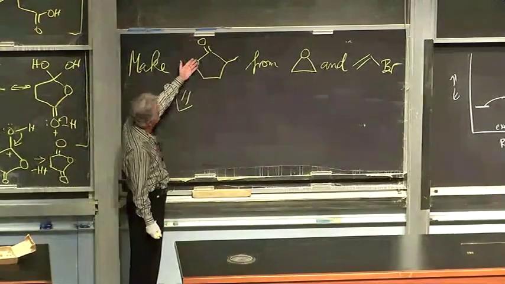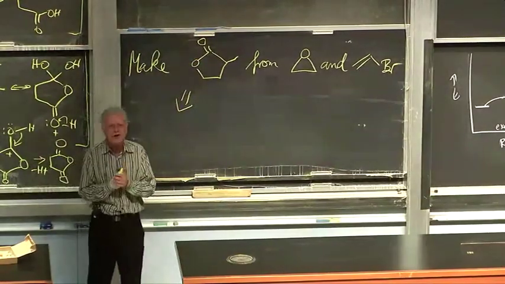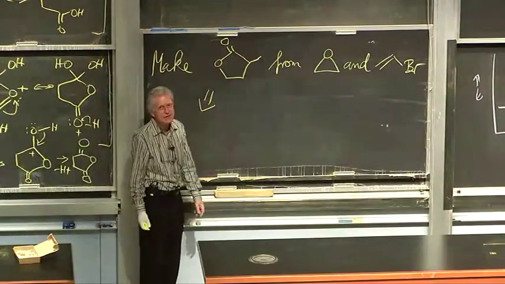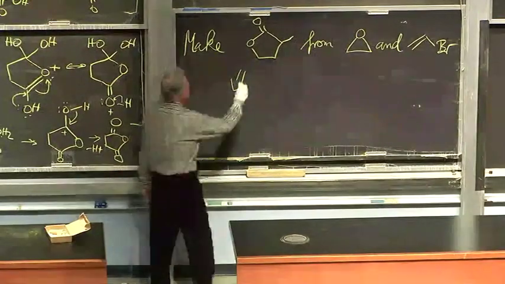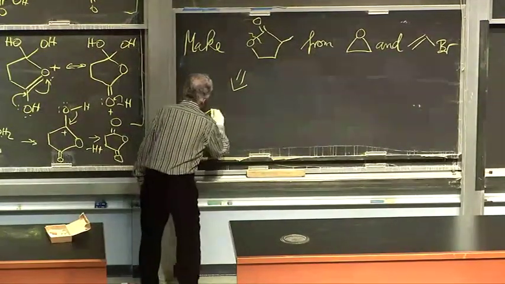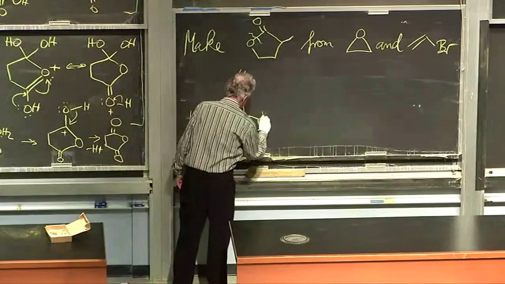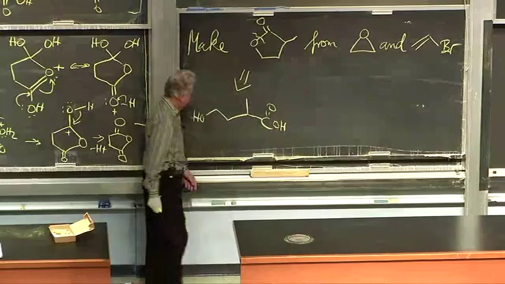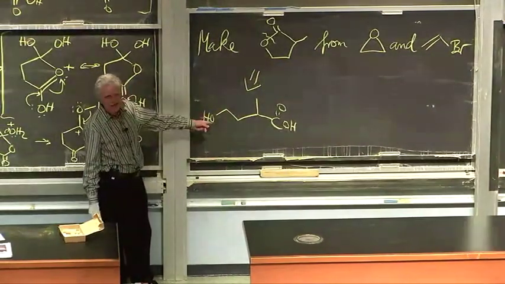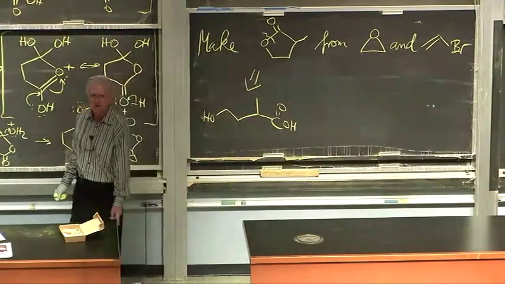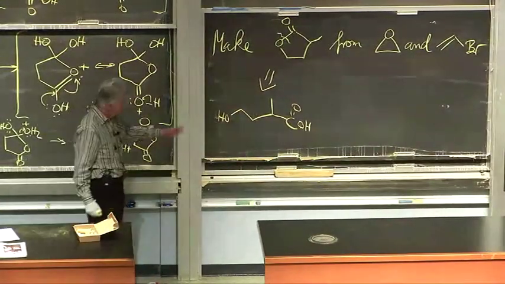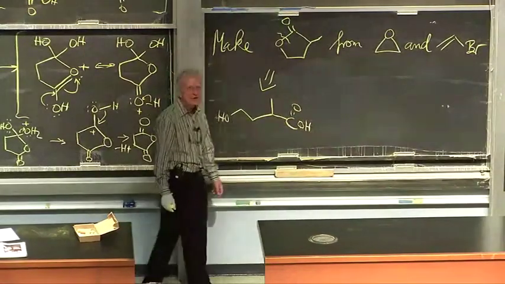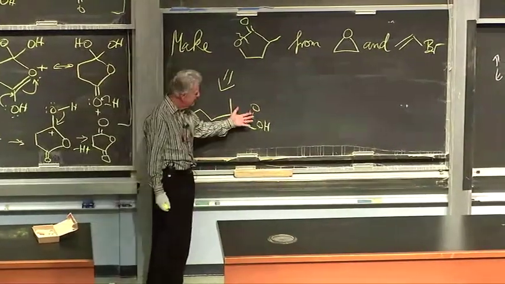One way to simplify tremendously, visually and operationally, is to turn a cyclic structure into an acyclic structure. In this case, particularly advised because this is a cyclic ester. So we should retrosynthetically cleave it at this function to generate the corresponding carboxylic acid, hydroxycarboxylic acid. That's what happens when you do that. And notice, just simply visually, that this now seems much more tractable than your starting cyclic system. This, you can already massage. There's a hydroxy, a lot of stuff you can do, precursors to this. There's a carboxylic acid, a lot of stuff you can do with respect to the carboxylic acid. In fact, staring at this carboxylic acid